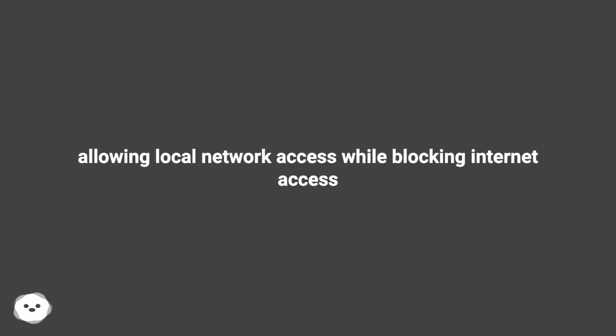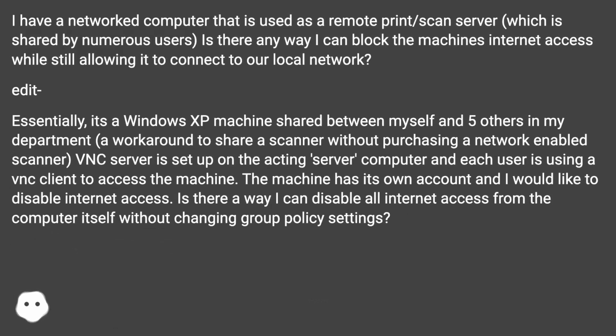Allowing local network access while blocking internet access. I have a networked computer that is used as a remote print scan server, which is shared by numerous users. Is there any way I can block the machine's internet access while still allowing it to connect to our local